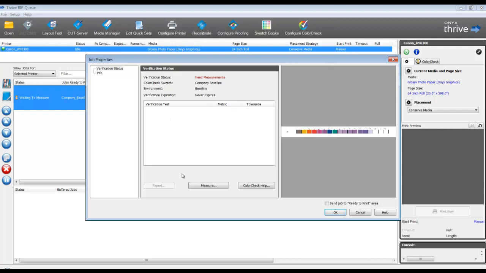I would click on Measure, measure my data, and upon measuring this, I would see a report that's going to be generated that's going to give me the status of this test target. Remember that this is my first baseline example. First time printing is going to generate 0 data, or my benchmark by which I want to compare to in my timeline.